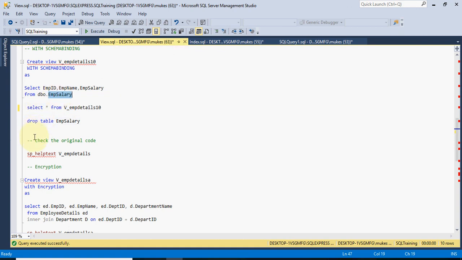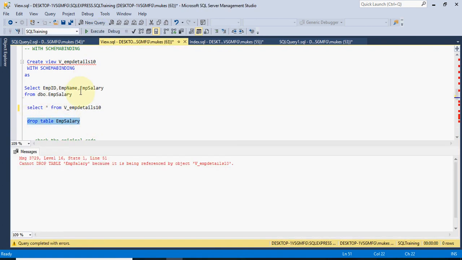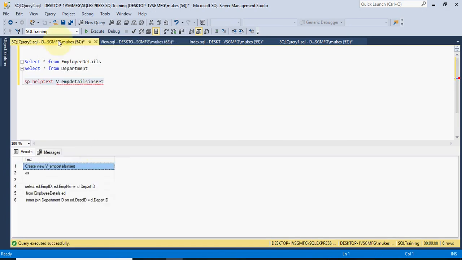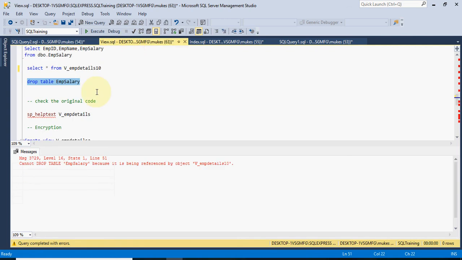And if anyone tries to drop this table, like employee salary, you can try to drop this table, but this table will not drop. Suppose they use sp_helptext, they can get the name, or they can pick this table name and drop this table to disturb the view.